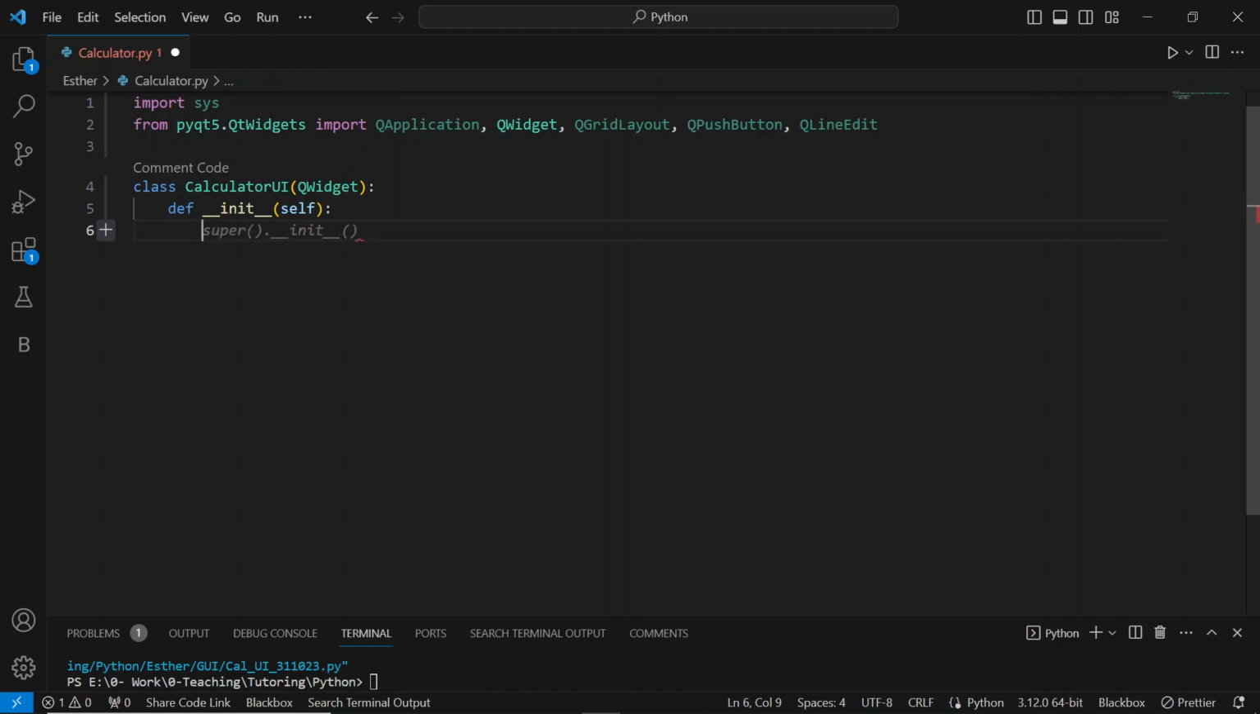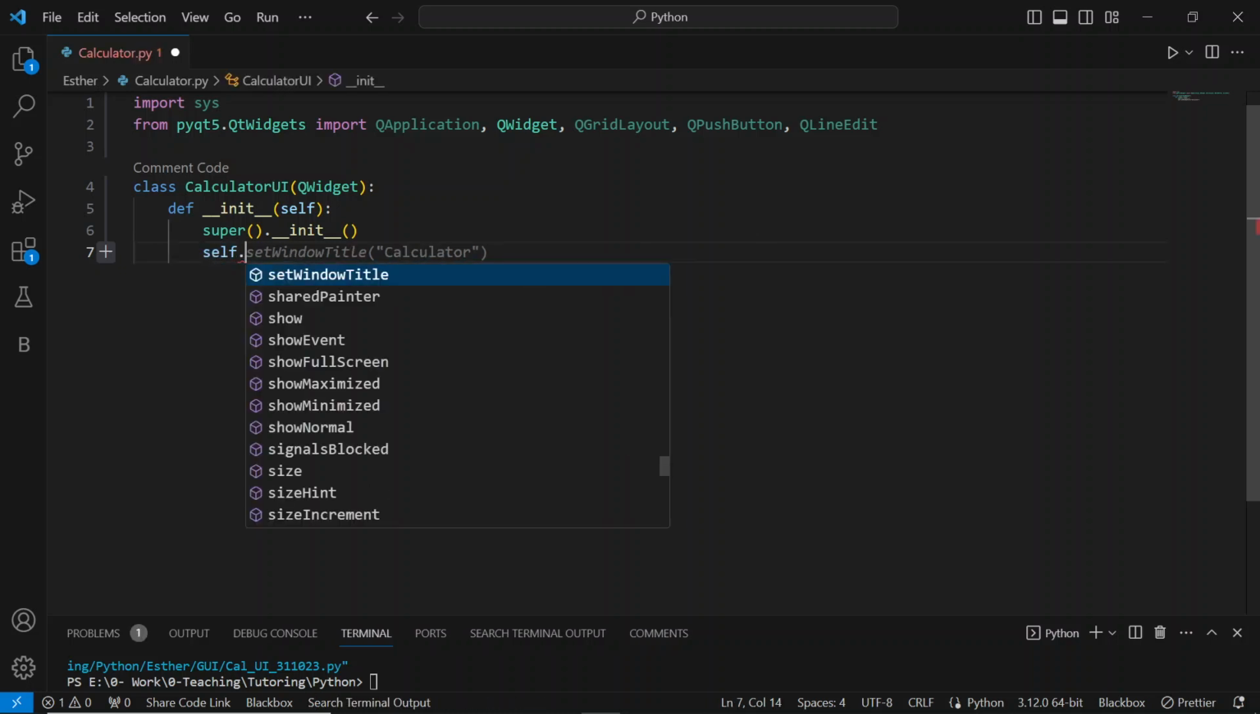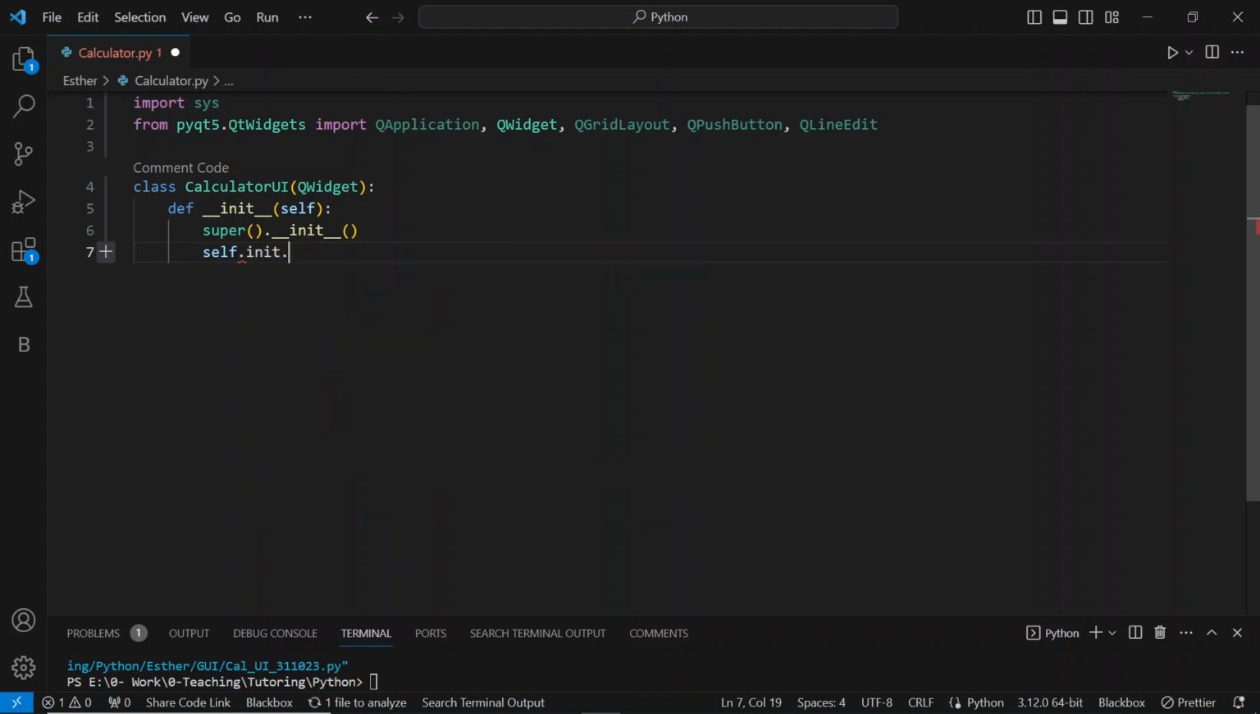So again, I have to press the tab button, and the next line, self dot init. I am hopeful it will suggest me self dot set window title. We can set window title, and first of all we have to call self dot init dot ui, because sometimes it is suggesting us some important